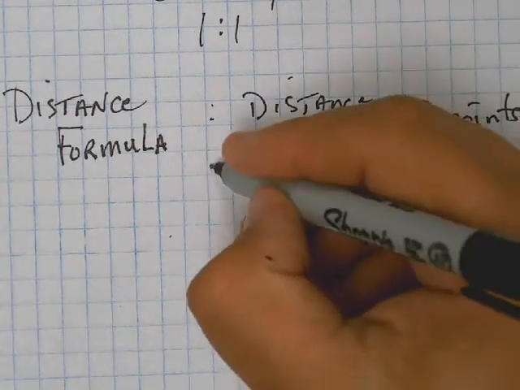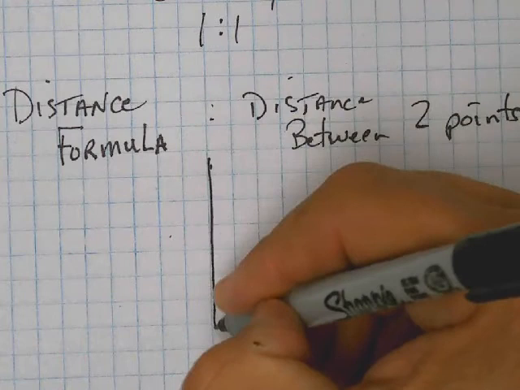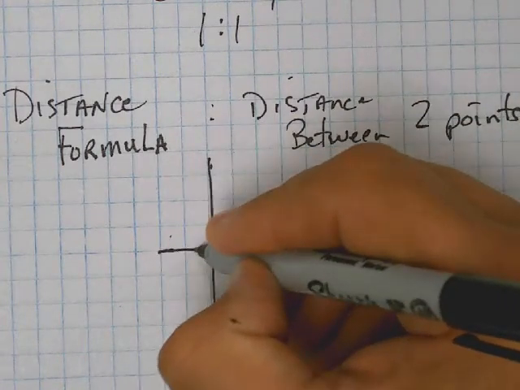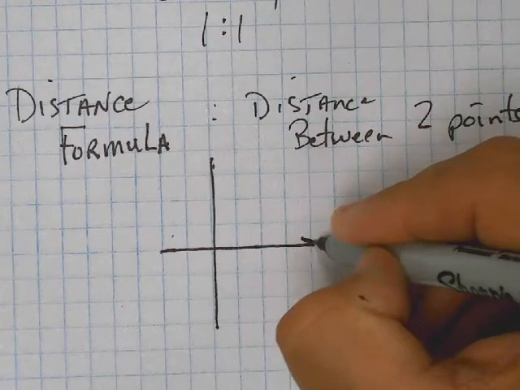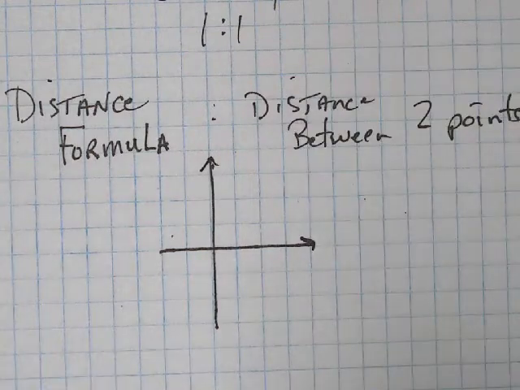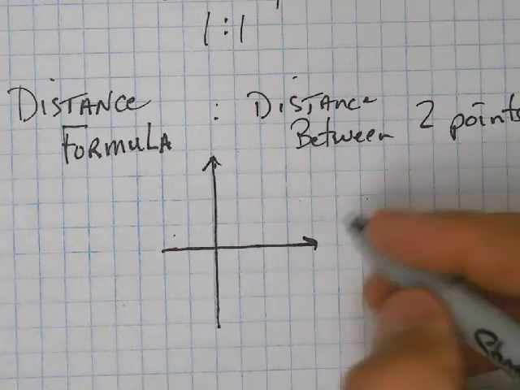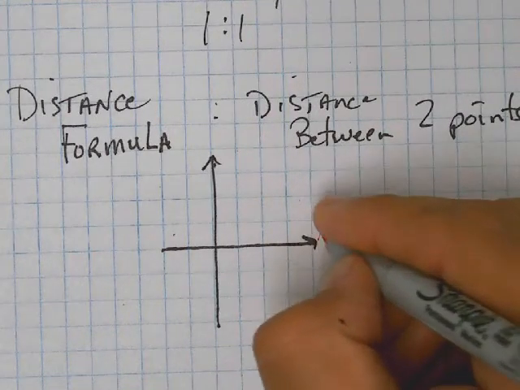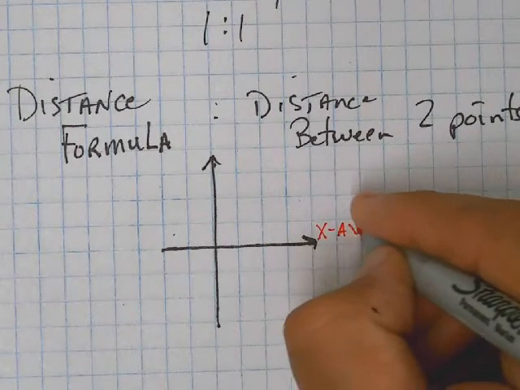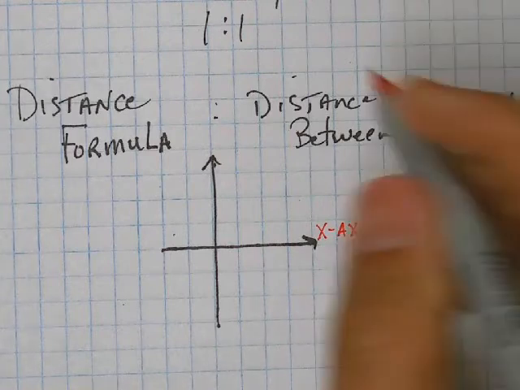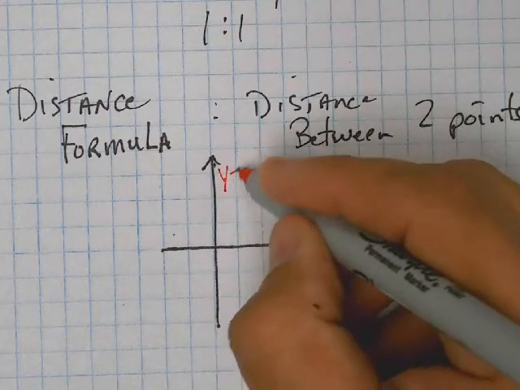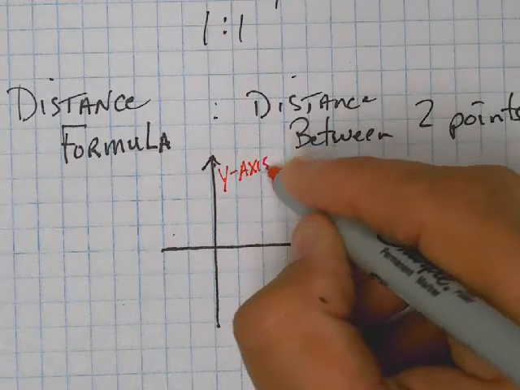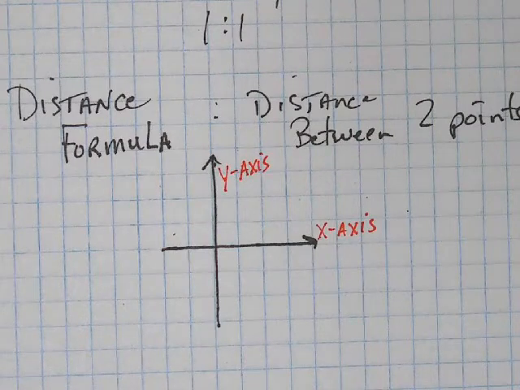So what does that look like? Well, let me make a little XY coordinate plane. As a refresher, this is called the x-axis. It's always the horizontal one. This is called the y-axis. Again, it is always